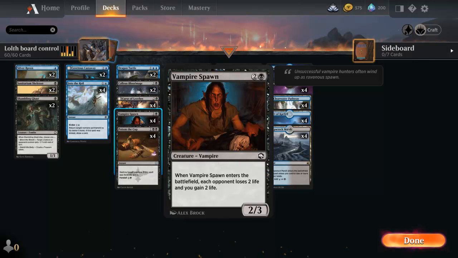Vampire Spawn. When it enters the battlefield, each opponent loses 2 life and you gain 2 life. This deck obviously started off basically as a life drain deck, but I decided to take that out of the deck's name, right, and just focus on its board control. The life gaining is just an aspect of the play style, but controlling my opponent's board,